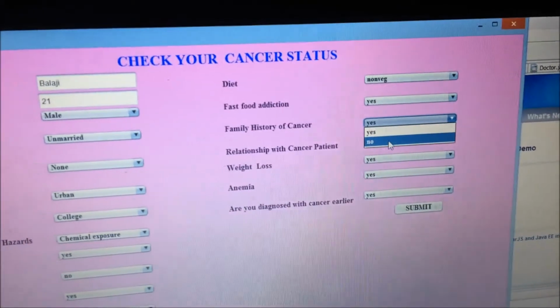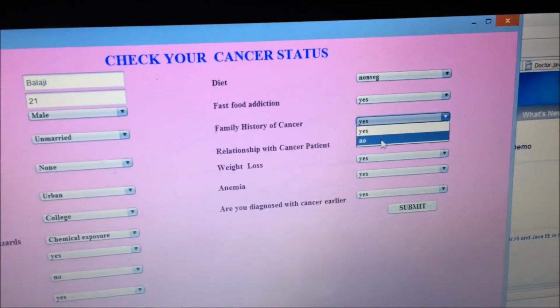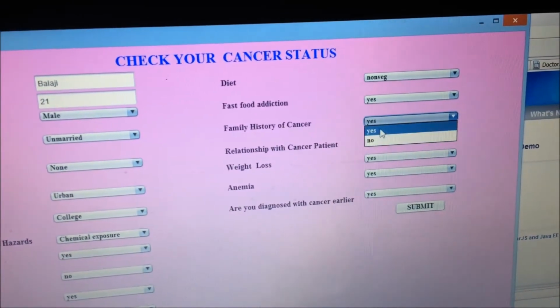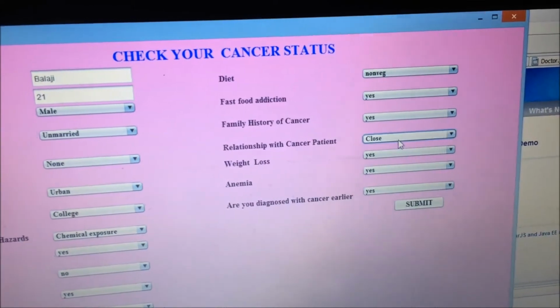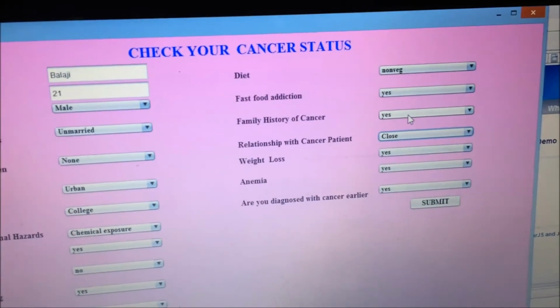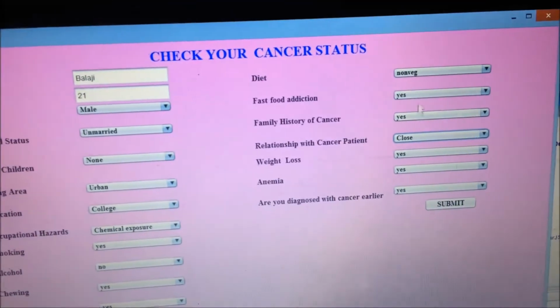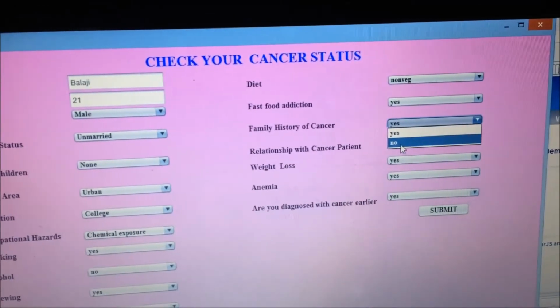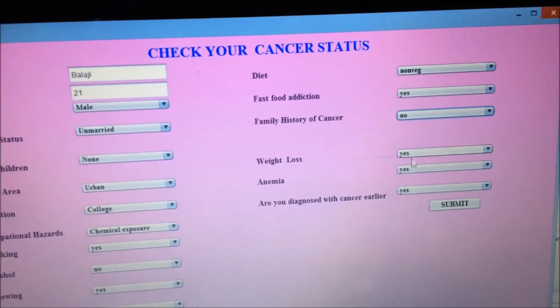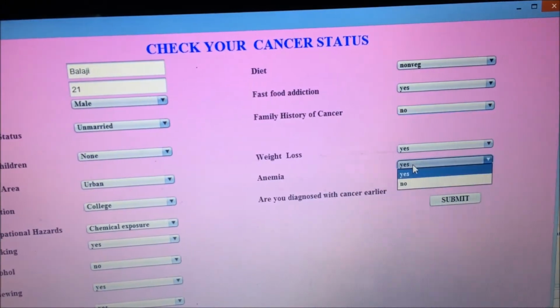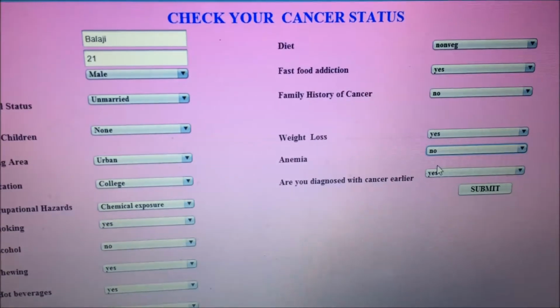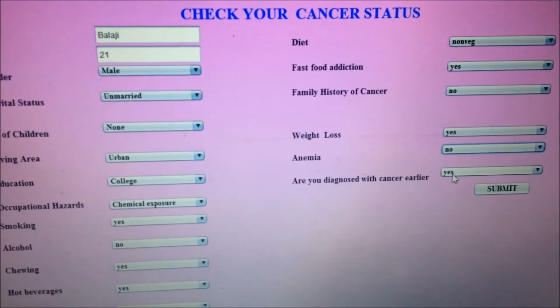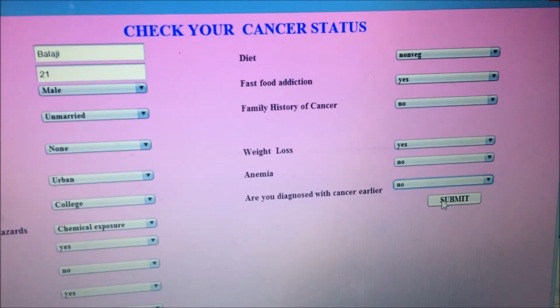You can click if you have a family history of cancer, and if yes, you can select the type of relationship you have, distant relation or close one. So in this case I'm giving it no. And weight loss, anemia, I'm giving it no. And since this guy doesn't have any cancer and he is not diagnosed before, I'm giving this as no. Now submit your first page.